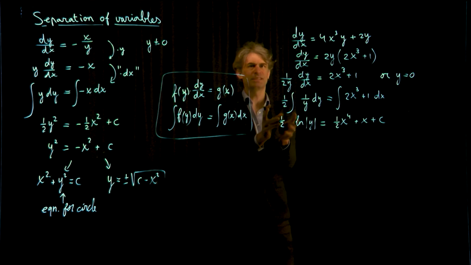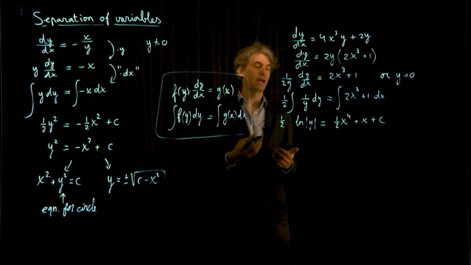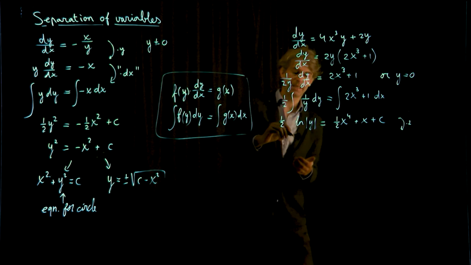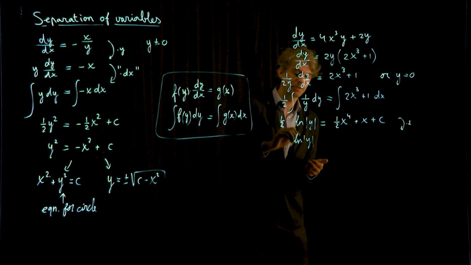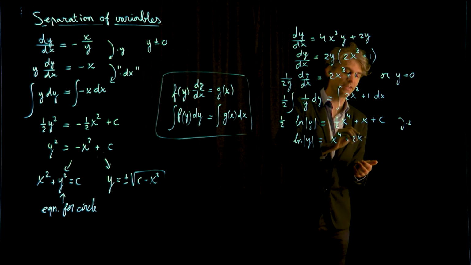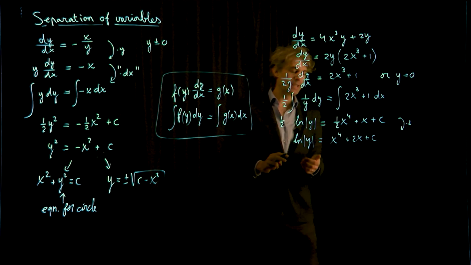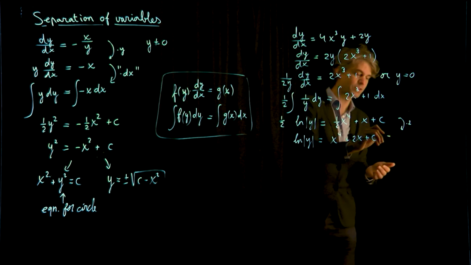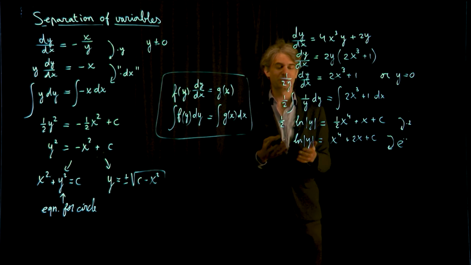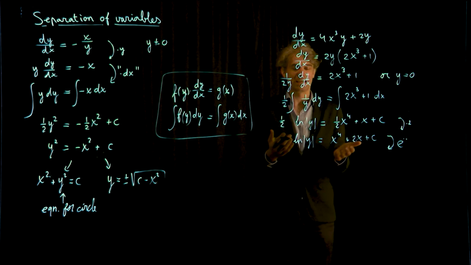Again, now we have an implicit description of y, and we could try to make it more explicit. So first I multiply by 2, and I get ln of the absolute value of y equals x to the 4th plus 2x, and here's the silly constant trick again, I just don't put the 2 there. Now I take exponentials on both sides. Notice here it's not really about solving the differential equation anymore. It's more algebra in a sense, but okay, let's do it.